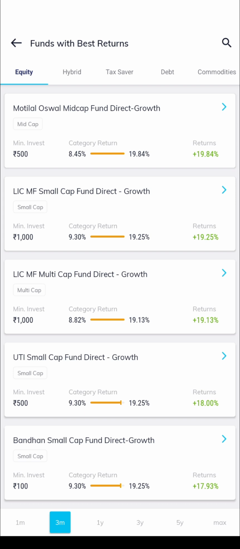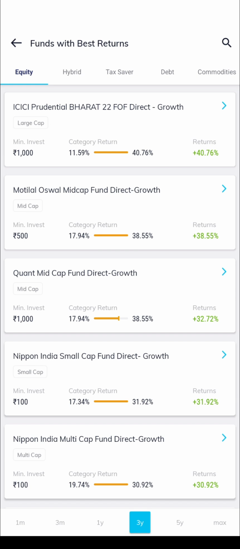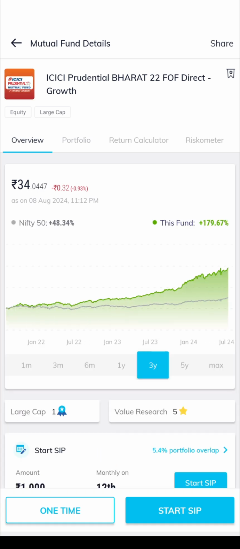Basically I think a mutual fund itself is a diversified investment. So further diversification within mutual funds would, I would say, dilute it. So we'll go for 3 year. Then I see ICICI Prudential Bharat 22, right? We'll go there,